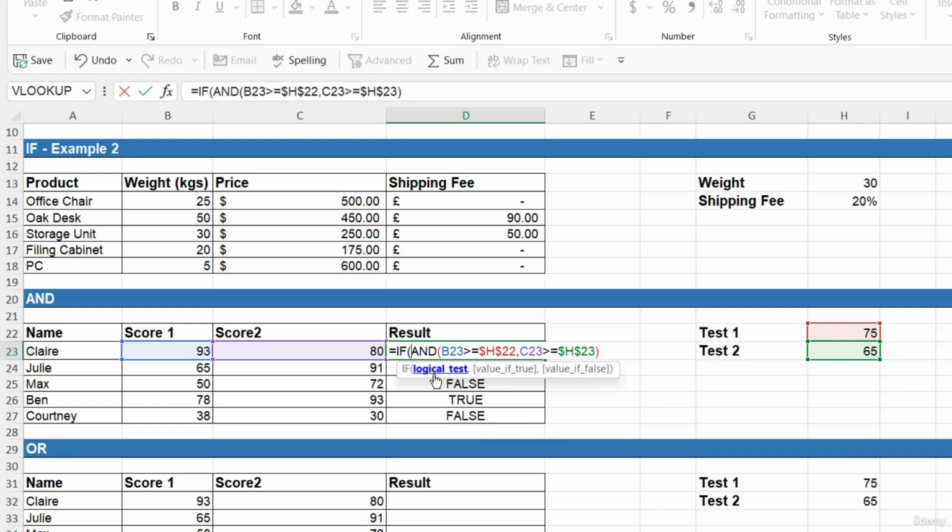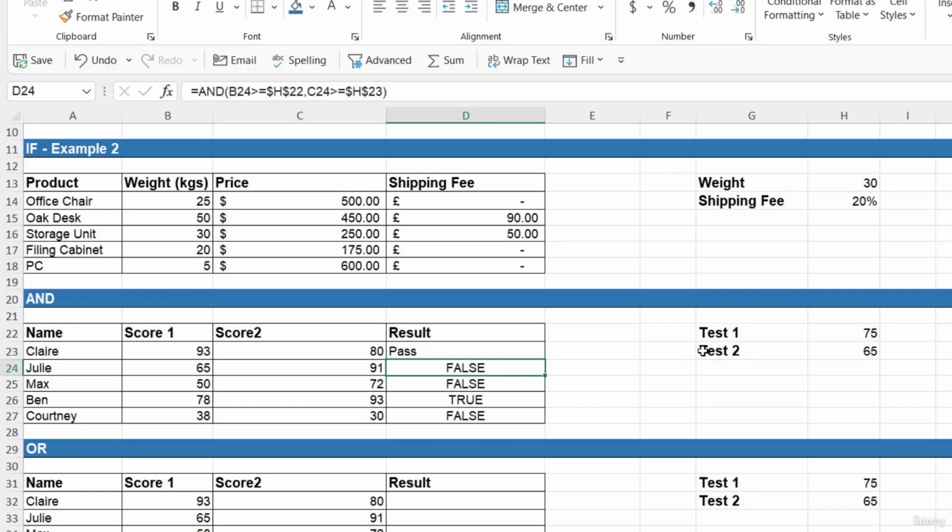The first argument for our if statement is the logical test. Well, those are being generated by our AND formula. So I can go straight to the end and just define what I want it to say. So if both of those are true, it's going to be a pass. If both or one of those are false, it's going to be a fail. Close the bracket, hit enter, and now I've combined two functions together to perform two logical tests, and I've given